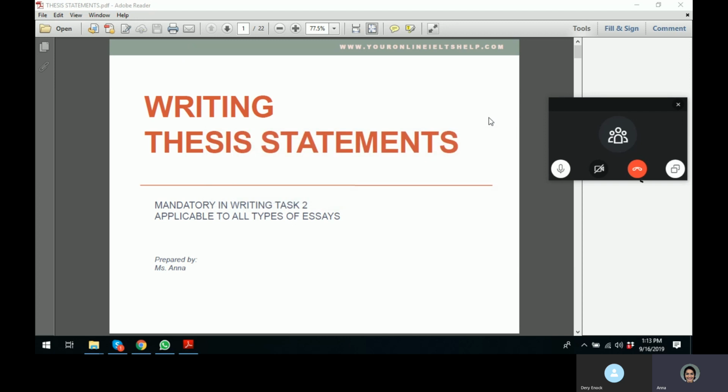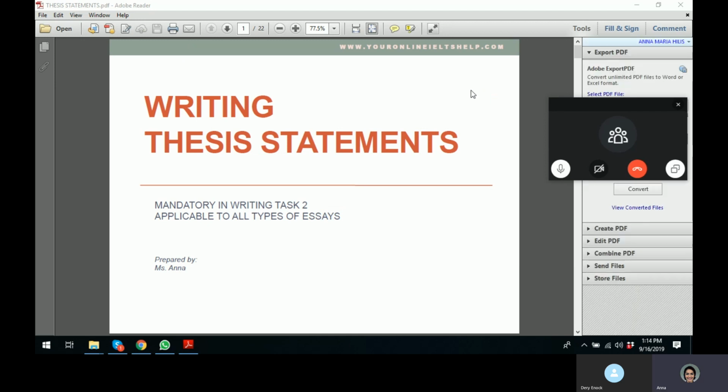Now, after that, you need to plan your answers. When you plan, you create an outline. In an outline, you have to list down the main ideas and the details and examples that you want to write in your essay. And then from the outline, you need to write an essay and follow your outline strictly. Which means you will not change any information anymore, because you have very limited time in IELTS, 40 minutes only, and you have to write